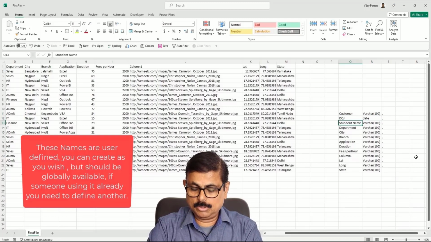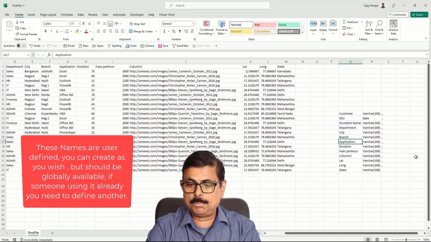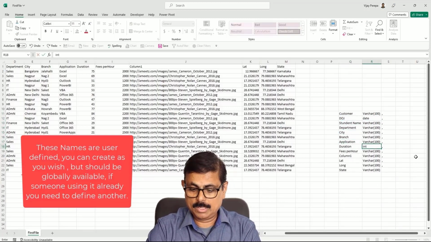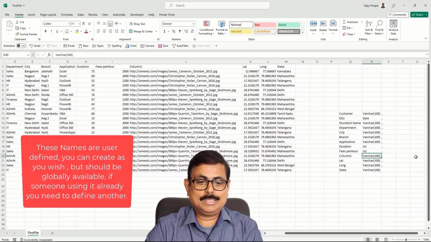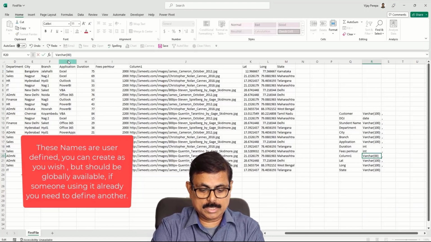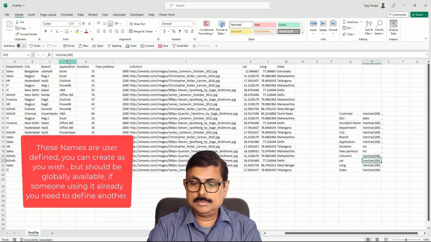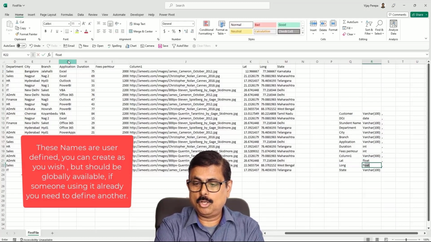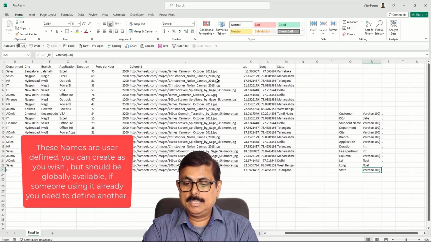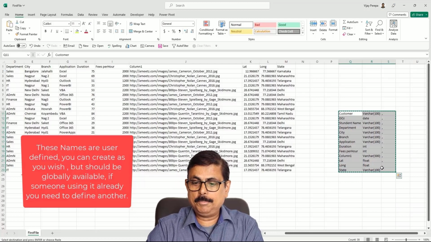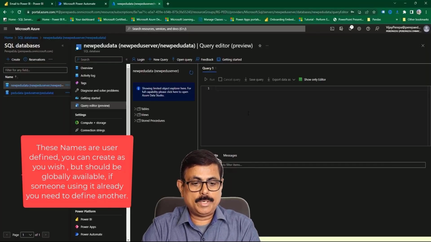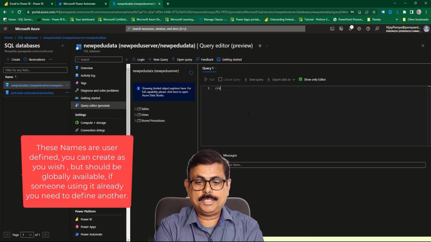Student name is fine, department is fine, city, branch, application is fine, duration is integer, and then fees per hour is integer. Column 1 cannot have 100, it should have 500 characters because it's a long text. Then latitude will be float, longitude will be float, and state is a varchar. Let me copy this all and let me go back to my query editor where create table revenue